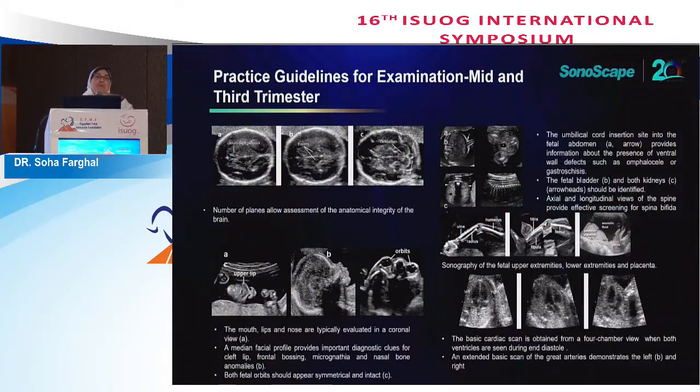Excuse me, because I have some problem with the vocal cords, so my voice is maybe not that clear. So regarding the head, the cranium, we have the 3 most important planes: transcerebellar, transventricular, and transthalamic planes. And also we should evaluate in the head the nose and the lips, and also the profile of the baby, the orbits, and we have to also evaluate the umbilical cord insertion, because as we know from the clinical importance